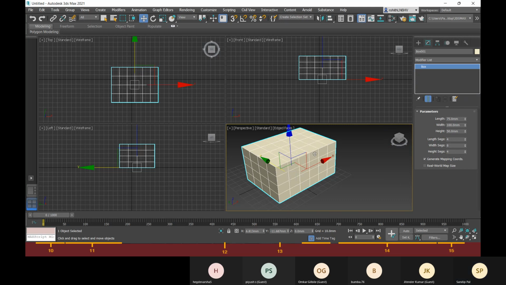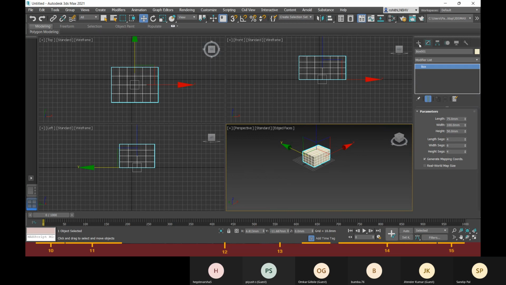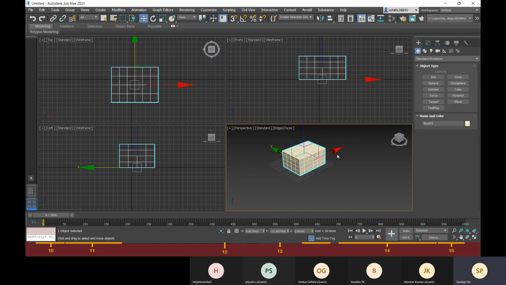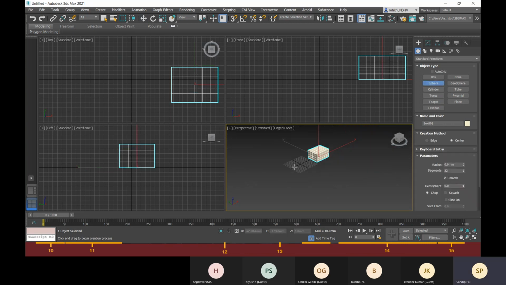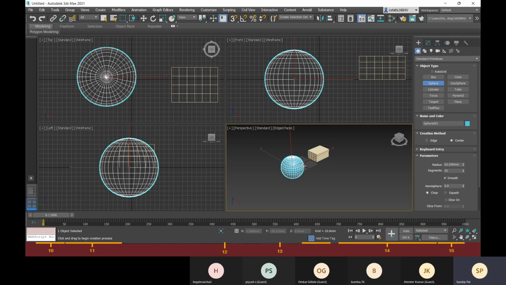OK. Great. So this way we can create it. OK. So I will suggest you guys that first explore all these standard primitives by yourself. So here I have this sphere.